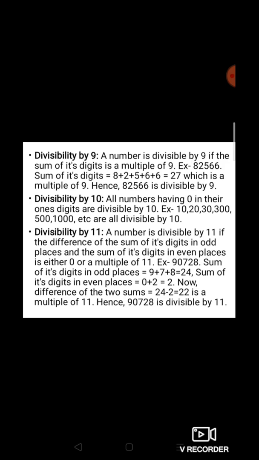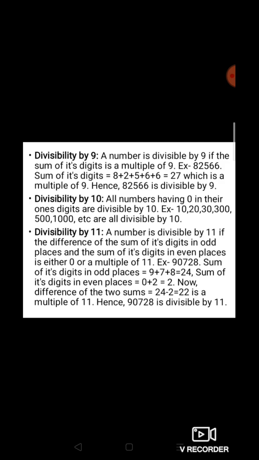That means this is digit 1. 1 means it is an odd place, so we will take this. Again the next one, the tens place digit, is 2. But 2 is in the second place, so 2 is in an even place. That's why we will not take 2. We will now move on to the third one, that is 7. Again the fourth one we will not take and we will take the fifth one, only the odd place digits. So the odd place digits, we have seen, are 9, 7 and 8. Adding 9, 7 and 8, we get 24.